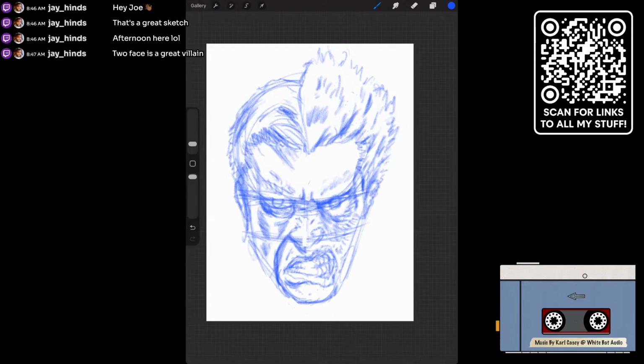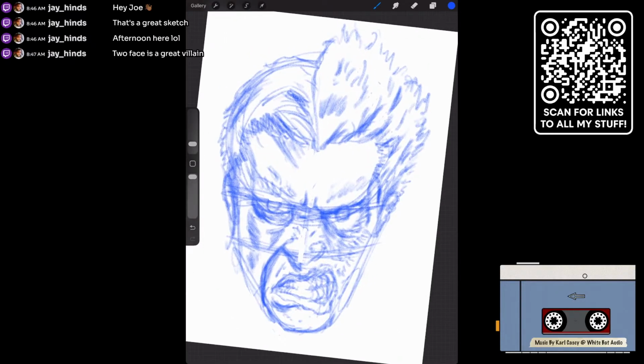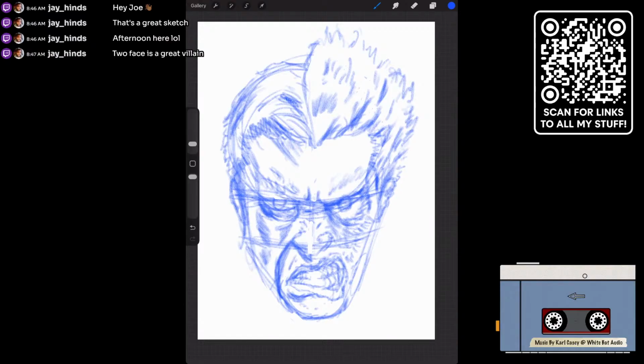The only other thing I don't really like, or that I think I have to fix, is his regular eye. It does not look great to me. And I think it's just I have to put a little bit more line work in it. Let me just see here. Let me just fix that. I was about to say finagle.